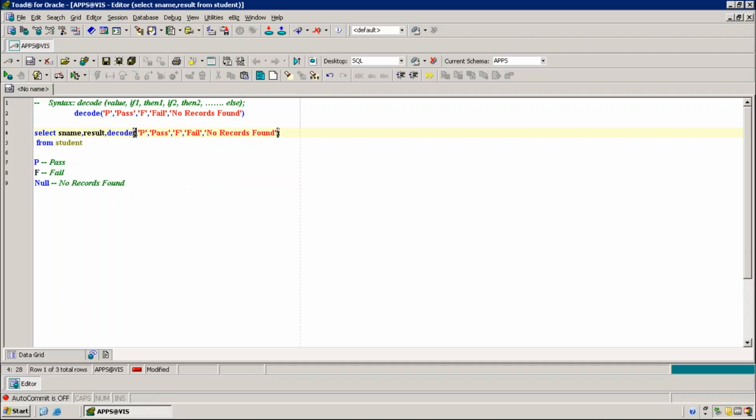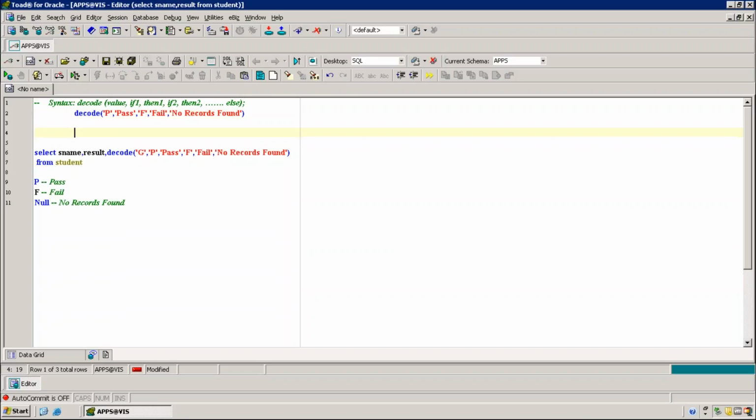Now one more I am going to write here, P or G. Now tell me, if I execute, what output will come for this? Based on the above syntax, you can tell me. Select decode of this from dual. Now tell me if I execute, what is the output.